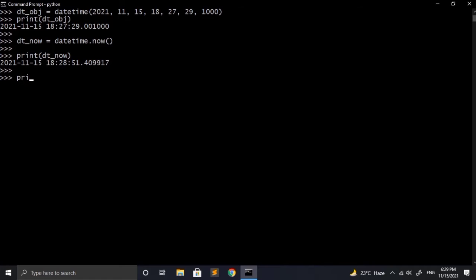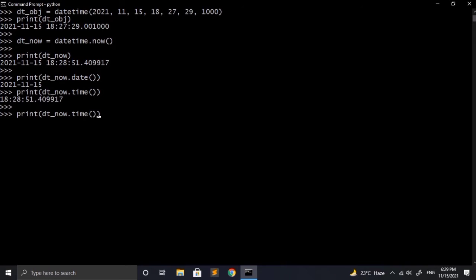Now suppose that from the output we want only the date. We can directly use a special method which is date, and it will just provide the current date. If we only want the time and we don't want the date, we can directly replace date with the time method and it will just print the time. Now suppose we just want the day from the datetime object, we can use the attribute day, and for that we have to write dtnow.day, where dtnow is the datetime object that we have created earlier. Similarly we can also replace it with other parameters such as hour, minute, month to get the respective values.